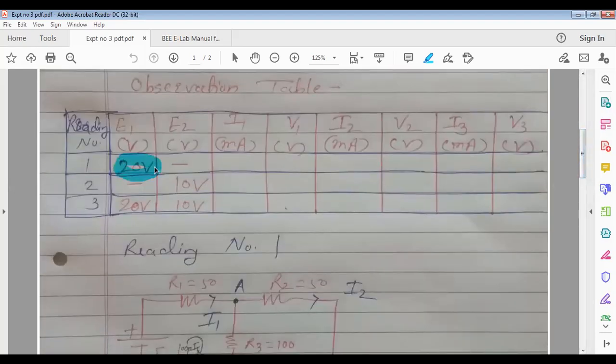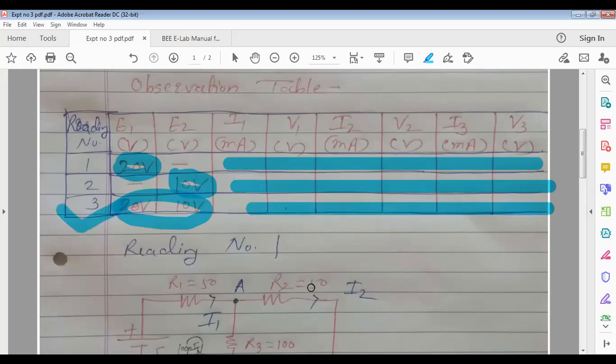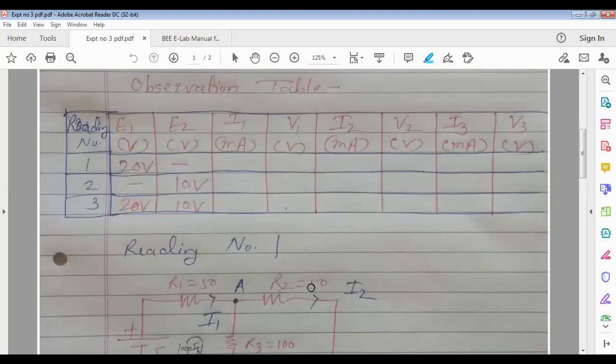With only 20 volt, do the calculations, find out all of these values. With only 10 volt, do the calculations, write down all these values. And when both the sources are there, use any method, Kirchhoff's or superposition, and find out all the values. Okay, you can share the screen with the students who have a laptop and PC. Those who have a laptop and PC, please help others. Okay, a group of 3, a group of 4 also will work. You discuss among yourselves. Clear? Any difficulty? Yes, ma'am. No, ma'am.